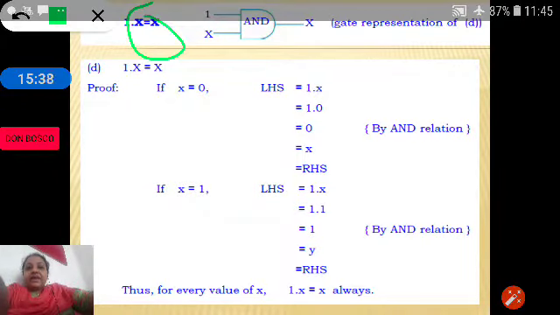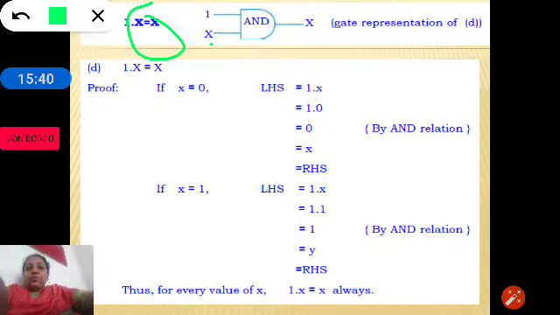So here we have one input as 1, and the other input is x. If a variable is ANDed with 1, the output is always the same as the variable.